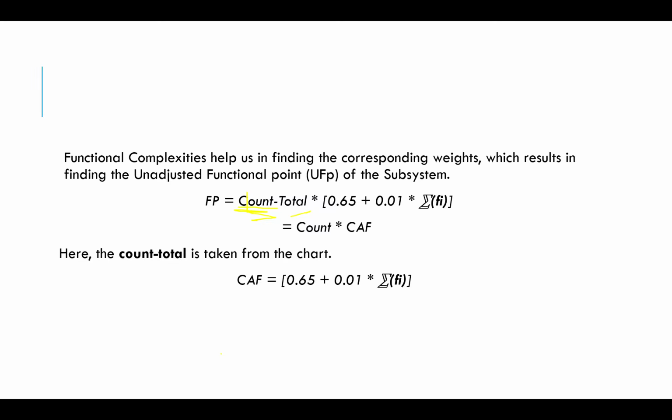If some of the functional factors have a rating of 2 and some have 3, we multiply. Suppose there are 4 factors that have rating 2, then we multiply 4 into 2, plus 3 into 7 for the rest of the factors, and then we add the same. So this is the formula: count total into 0.65 plus 0.01 into functional points. Now the value that it will range from is